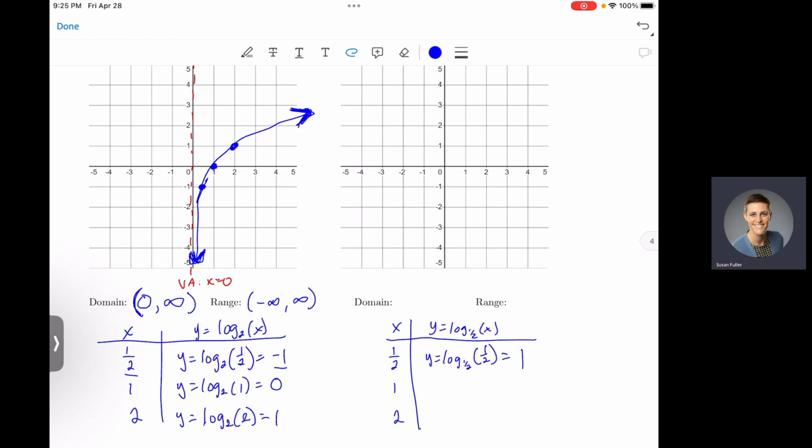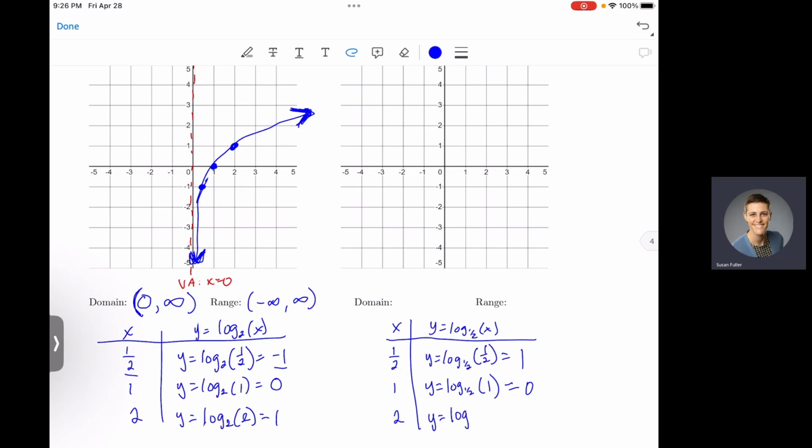Next, we have x equals 1. So y is going to be log base 1/2 of 1. This says 1/2 to what power gives me 1? The answer is 0, because anything to the 0 power is 1. And then finally,